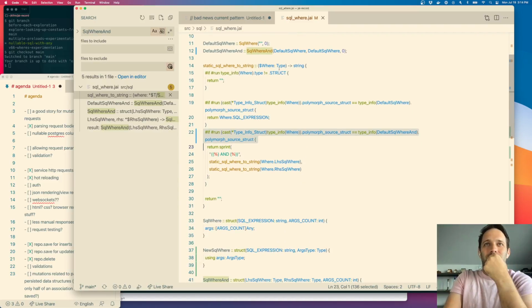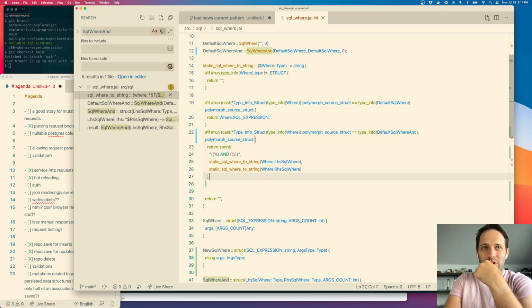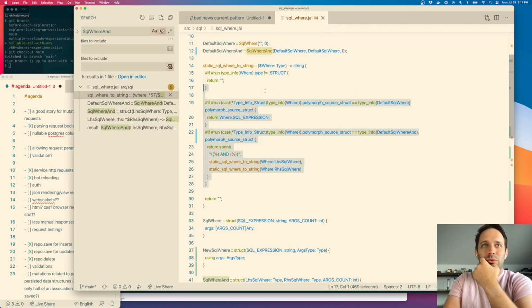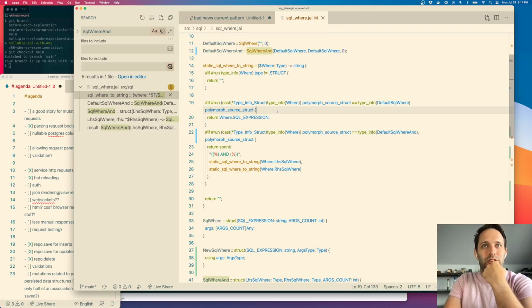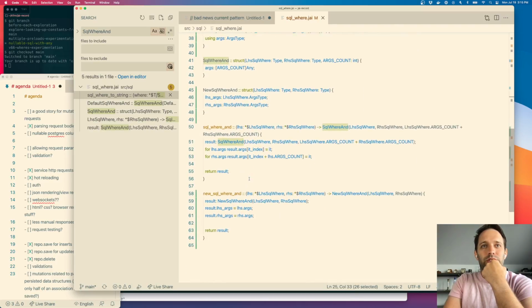Yeah, I was so new at it here. I didn't know that you could just set the thing that you cared about as a constant field on the struct and it would work just fine and we wouldn't need all this nonsense. Conditional behavior, you could pass the procedure pointer onto the thing. You could save the procedure on the struct. But okay, so static SQL where to string